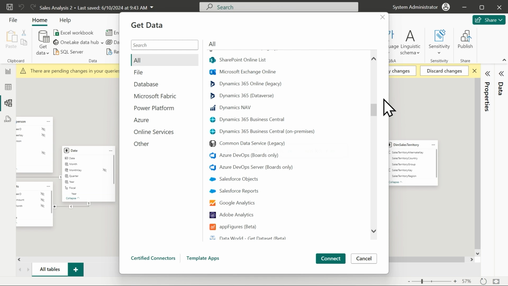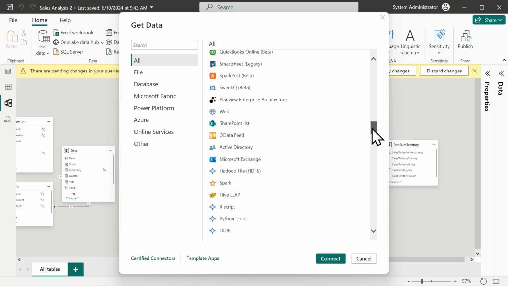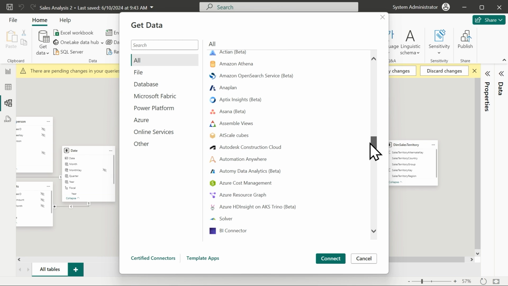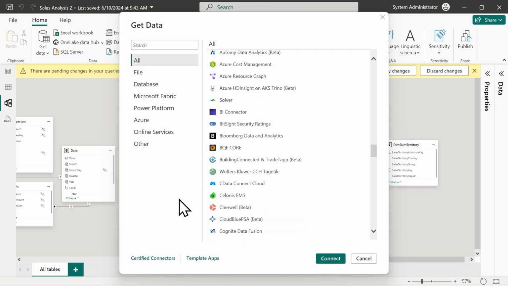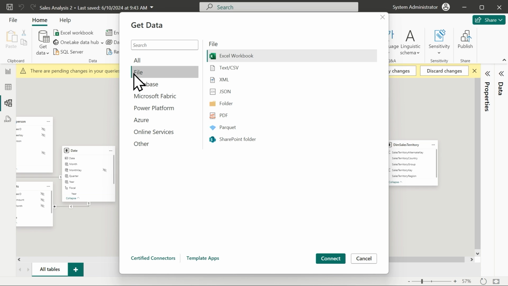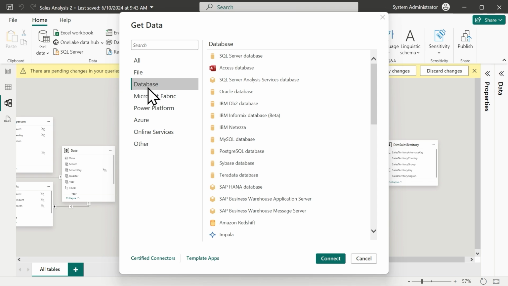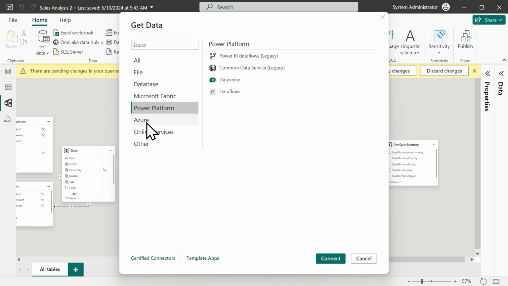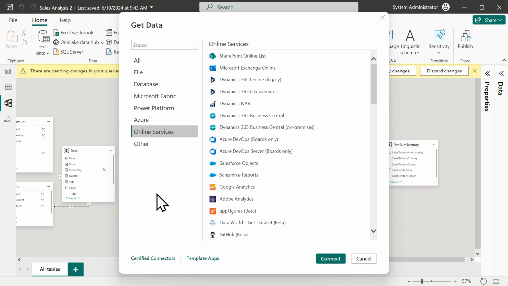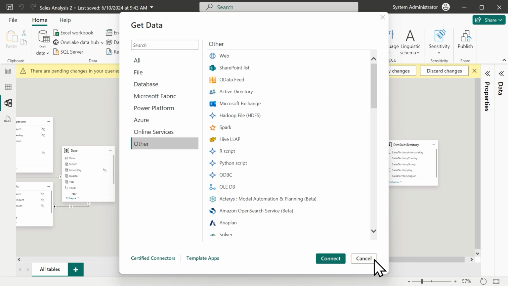Certified connectors are down at the bottom, but you can go through this list and see all the different connectors we can connect to. They're alphabetized here, and you can see that we can go into File and into Database here. So there are a lot of options. We just have to know where our data is, and we can get connected to it through Power BI.